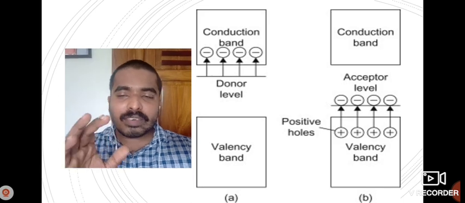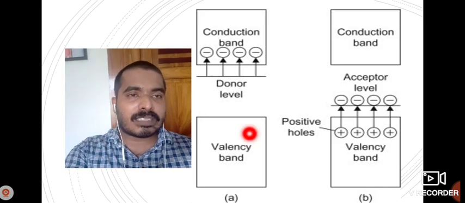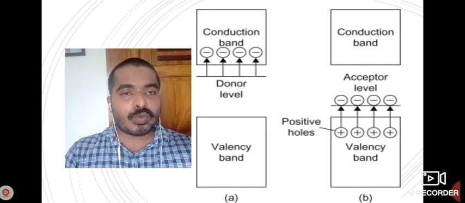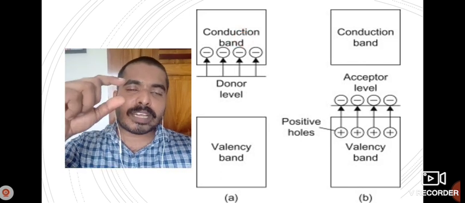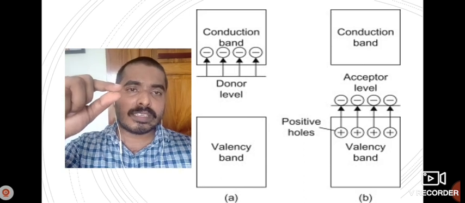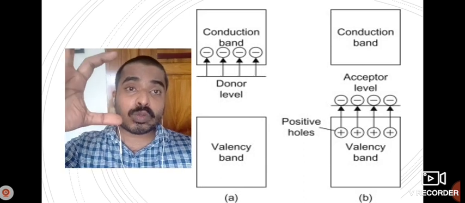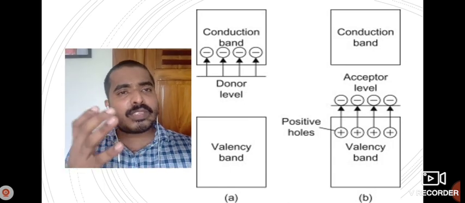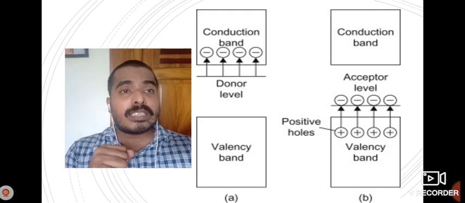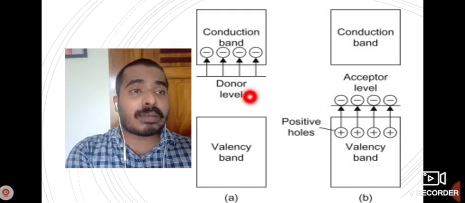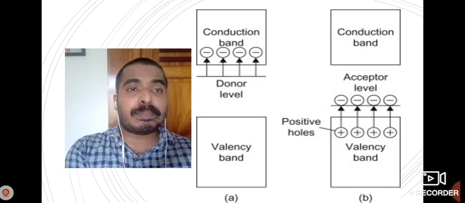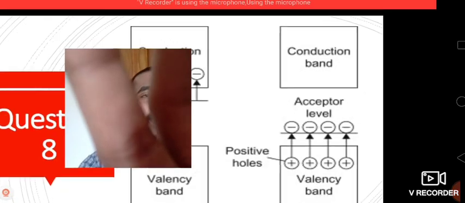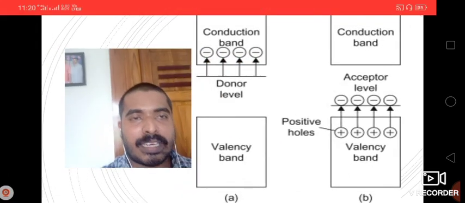For conductor, the valence band is below and the conduction band is in the upper portion, the higher energy band. For conductor, valence band and conduction band will be overlapping, very close to each other. Semiconductor has a small gap. Insulator has a large gap. That gap is called the forbidden zone. This is very simple, but the question that can be asked is about N-type semiconductor and P-type semiconductor. Both N-type and P-type semiconductors also contain valence band and conduction band.